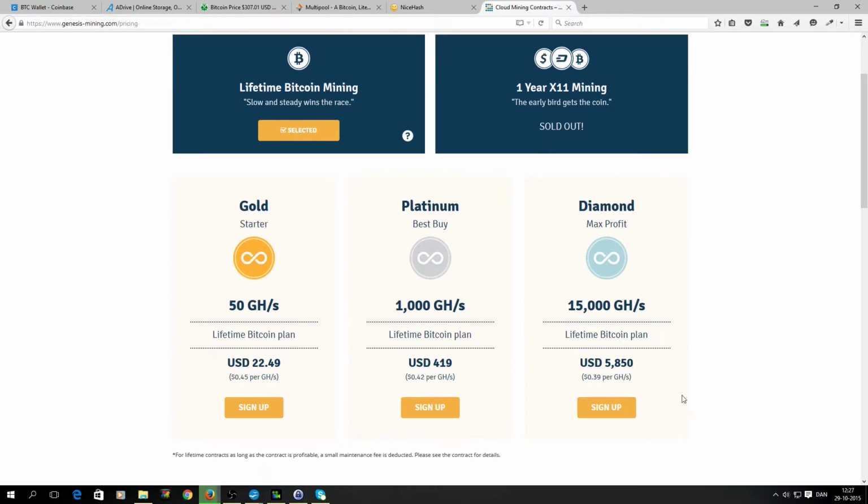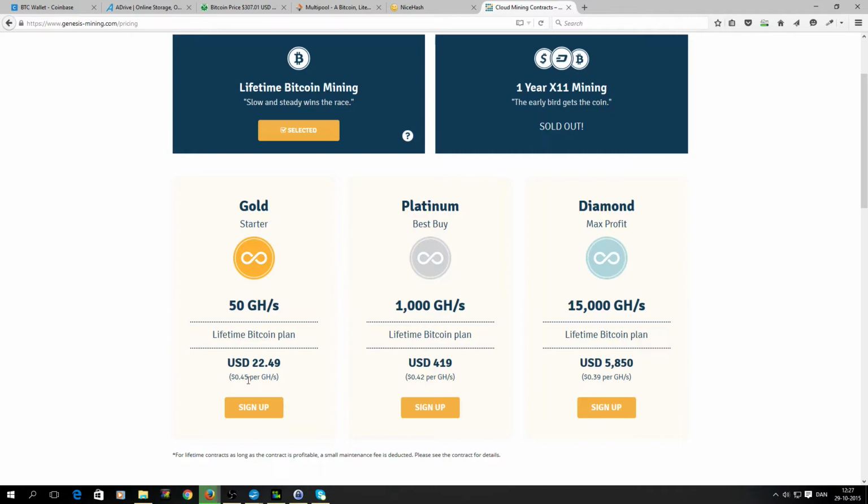You'll see the prices here. What's important to look into is the price per gigahash. So you see, the more hashing power you buy, the cheaper the price per gigahash. With Genesis Mining and with most of the other mining providers, you could also buy anywhere in between here. So basically it just means that as long as you buy less than 1,000 gigahash, you will pay